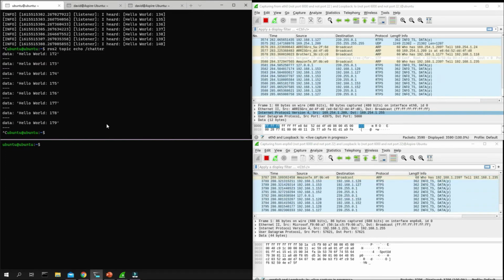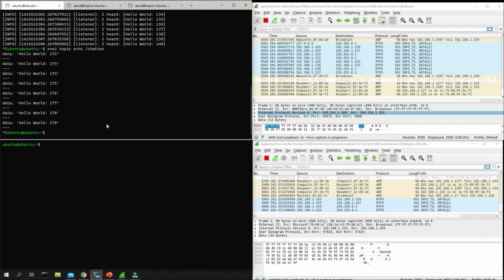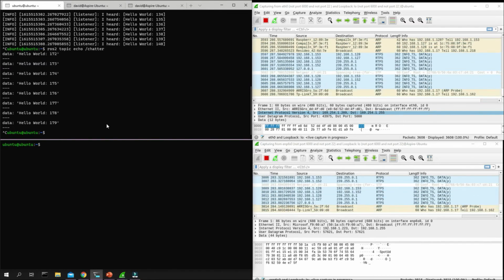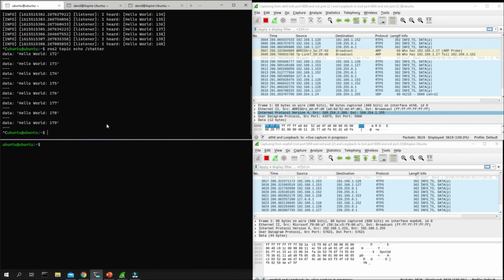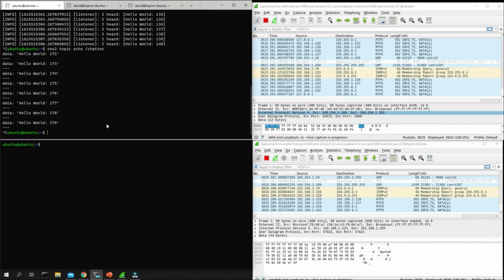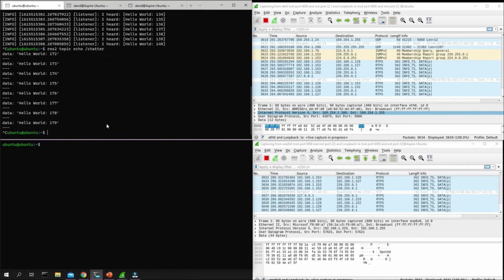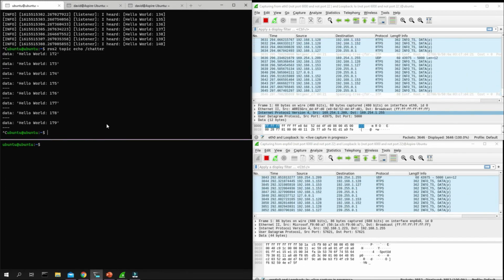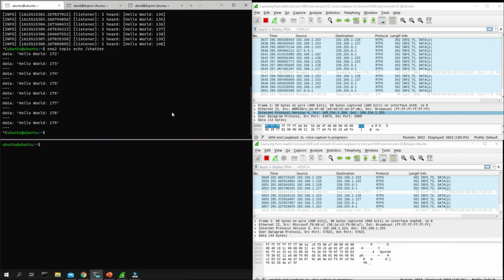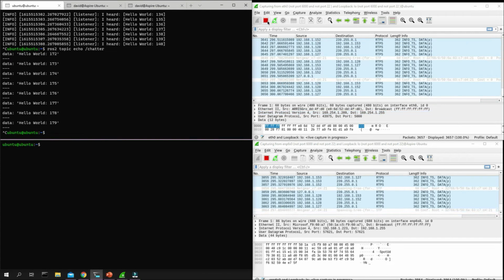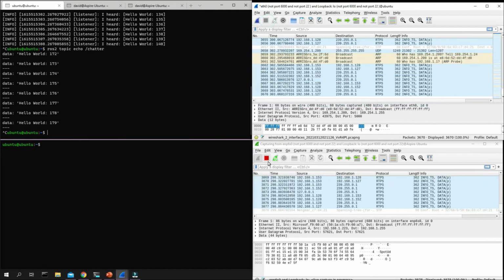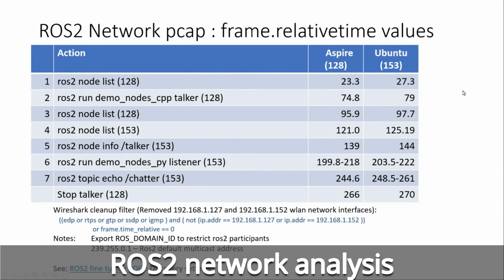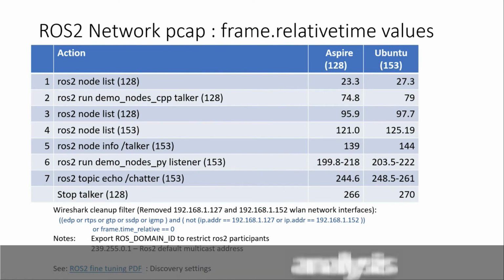Let's run the traces for a little bit longer just to see if there's a point at which everything stops talking to each other. So I'll stop the traces and then we can have a look at them. Okay, let's have a look at the network captures from the ROS2 test. So I captured on both